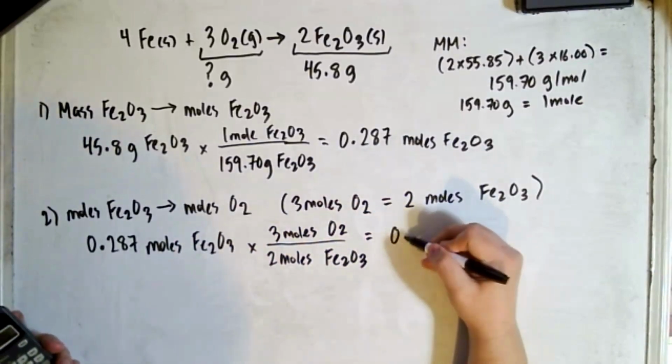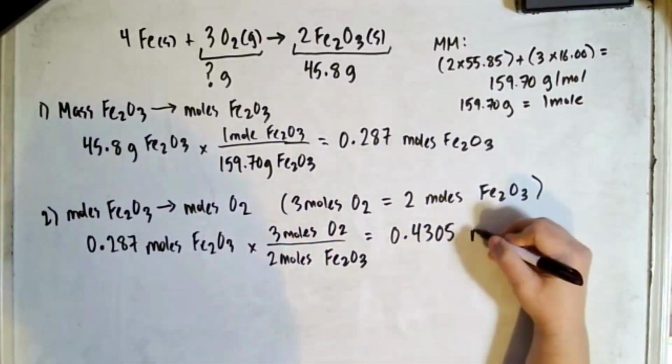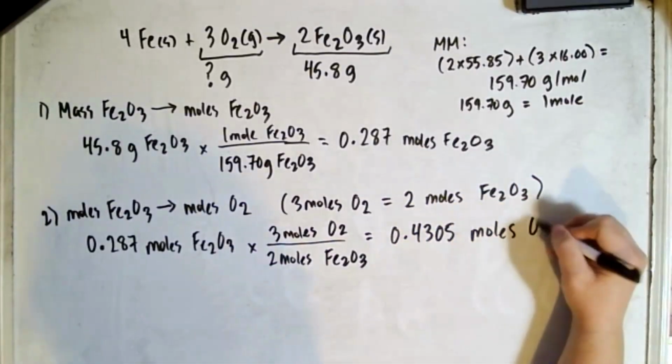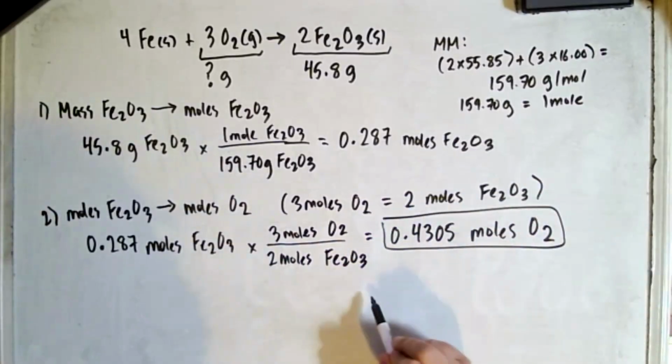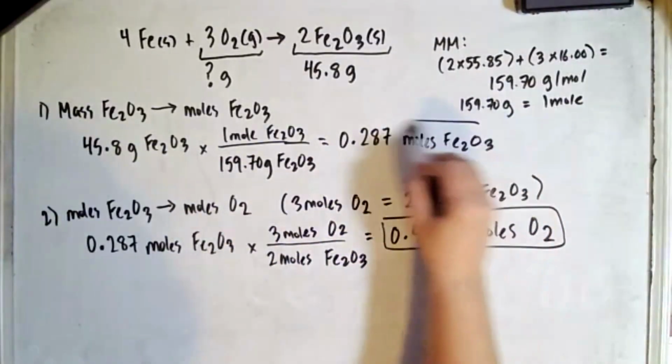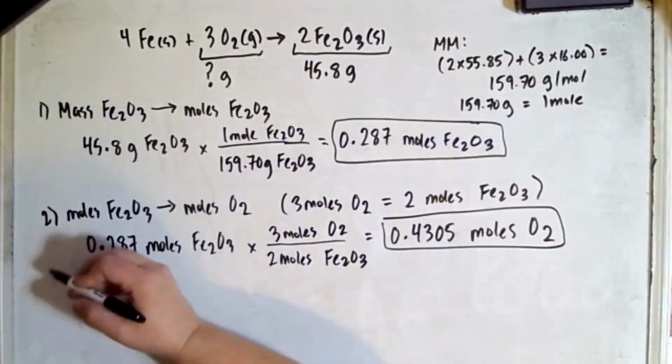And we're going to get 0.4305 moles of O2. This is our value from that step. Let me circle the values from each step or box them in. Okay, and now in our third step,